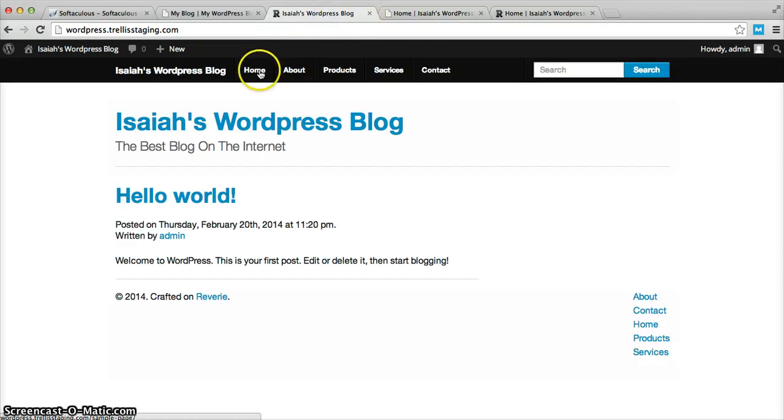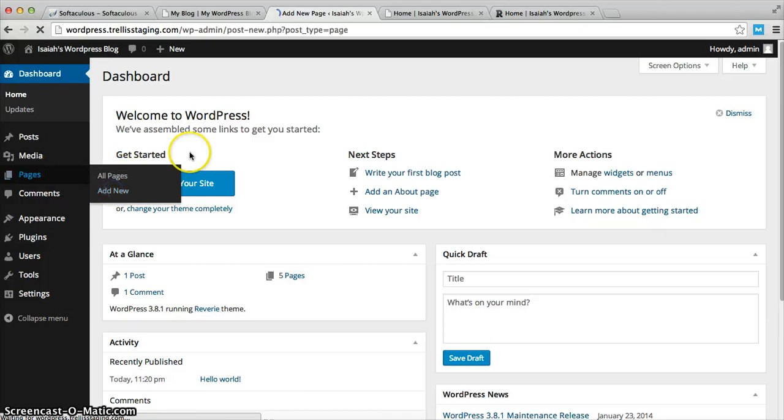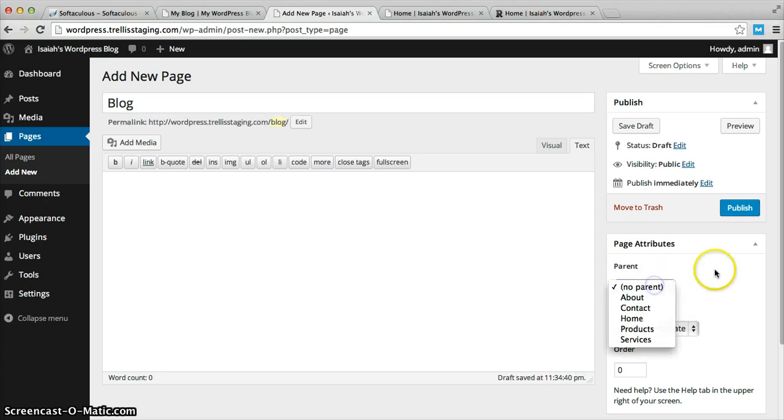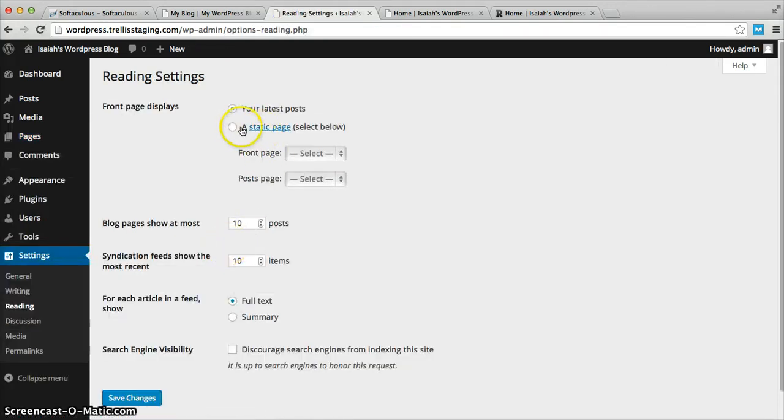Now I'm going to go and set up the blog, which is obviously something most people are going to want to do when you have a WordPress site because of its convenience for blogging. So it doesn't really matter what template it's going to be. So publish the blog page, and now for, I believe it's reading, this is where you're going to set up the way your blog works. So the front page can display your latest posts. That's the default installation of WordPress. So if you want your website to just be a blog,